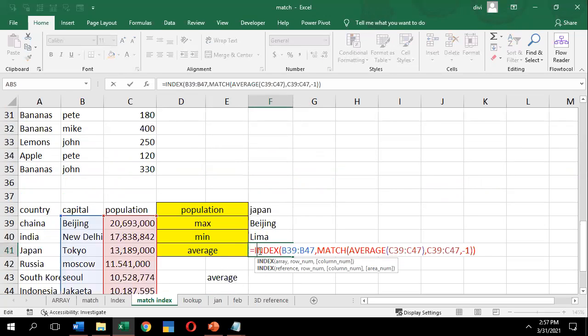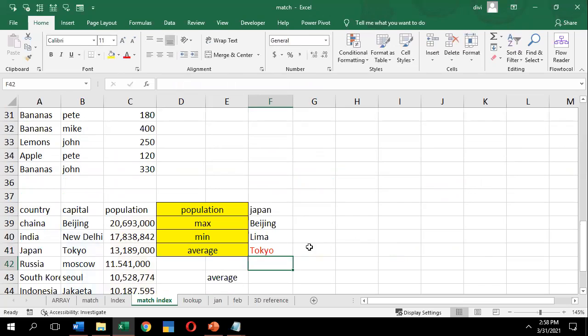Okay. Same as it is, match with the average. These are the other match functions. There is an INDEX in the nested function. Okay, so either you can find one particular value you want, you can go with it, or if you want double particular values, you can go with this.